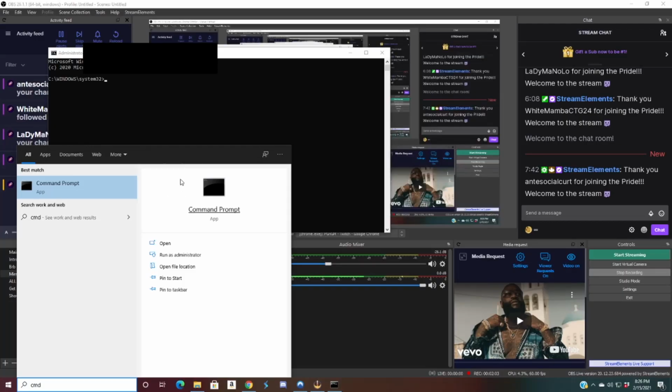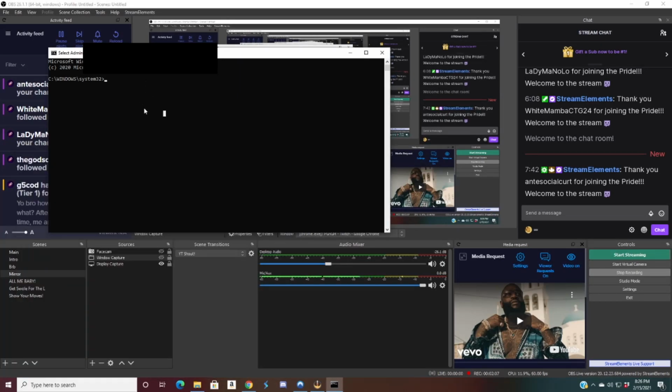And then you'll get a prompt. I'm not sure if this will show up on the screen, it might not. It says, do you want to allow this app to make changes to your device? You want to click yes. Boom. So now, once you're in the command window, in the command prompt, what you want to do from there is type in